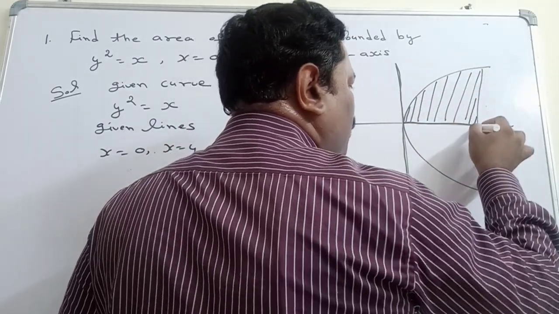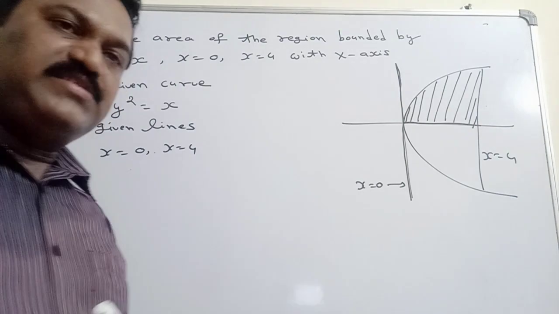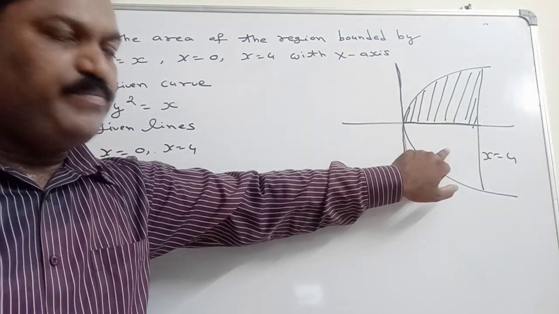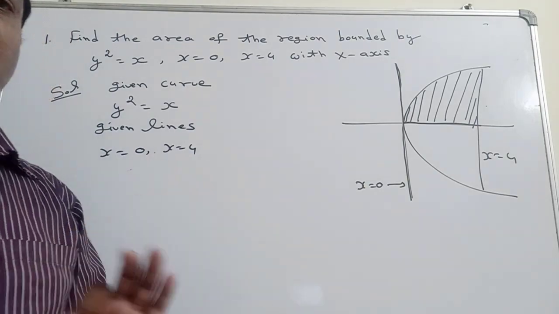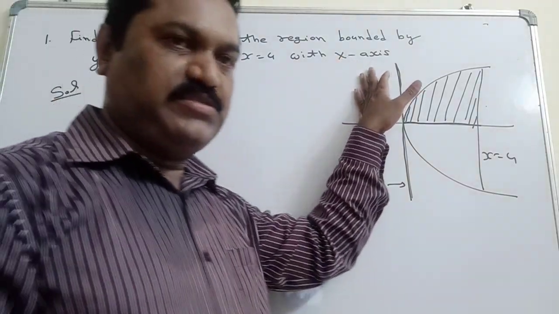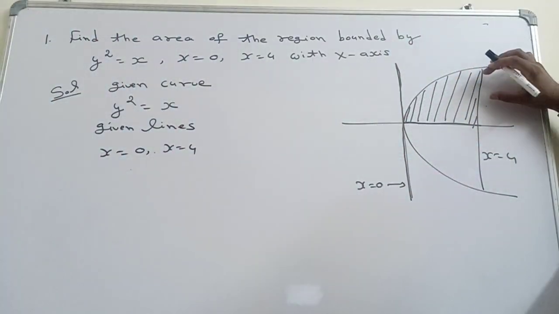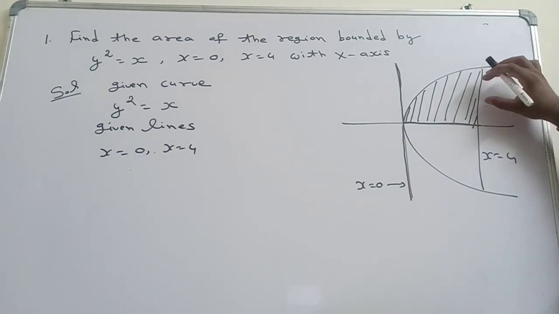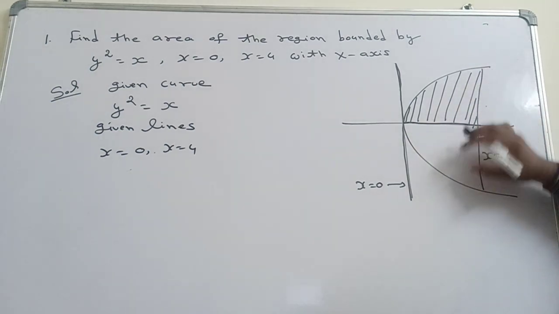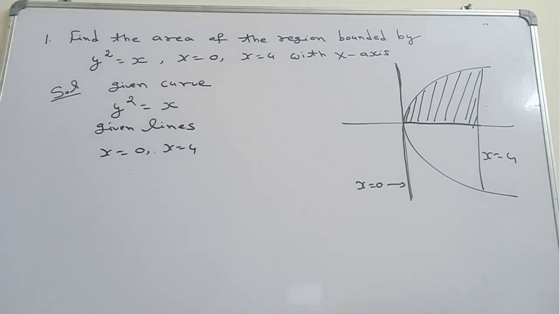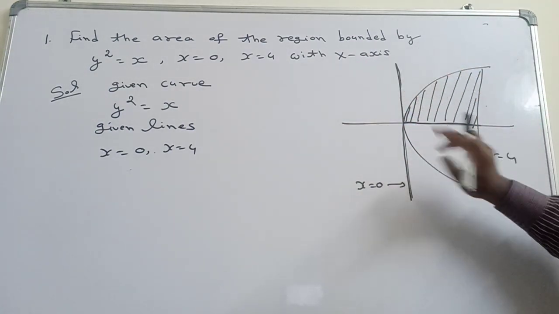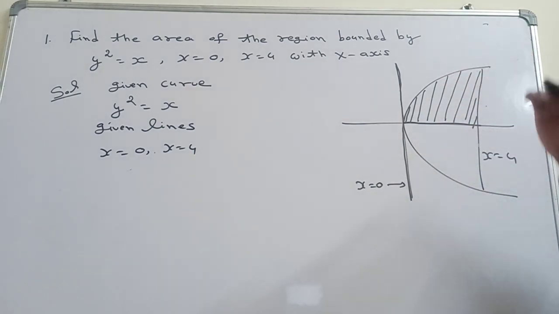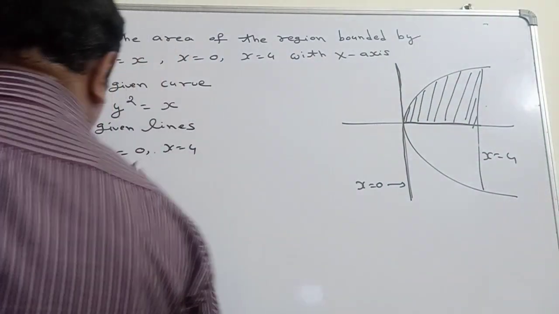Suppose they are not mentioning the x-axis; in certain cases we have to find the area below the x-axis also. This entire area we have to find if they are not mentioning the x-axis. In certain cases we can find the area bounded in the first quadrant, then make it 2 times to get the total area. But here they have mentioned the x-axis, that's why we will find the area bounded above the x-axis only. So therefore the required area is equal to,